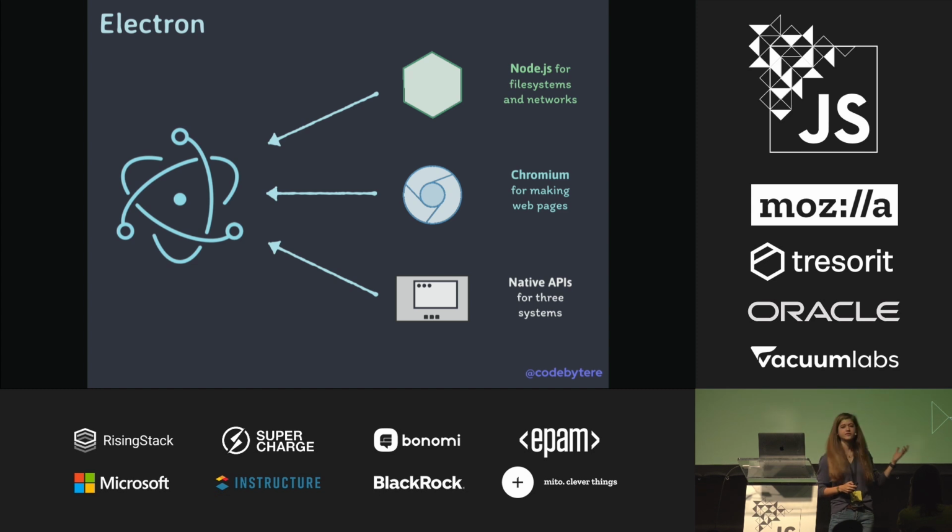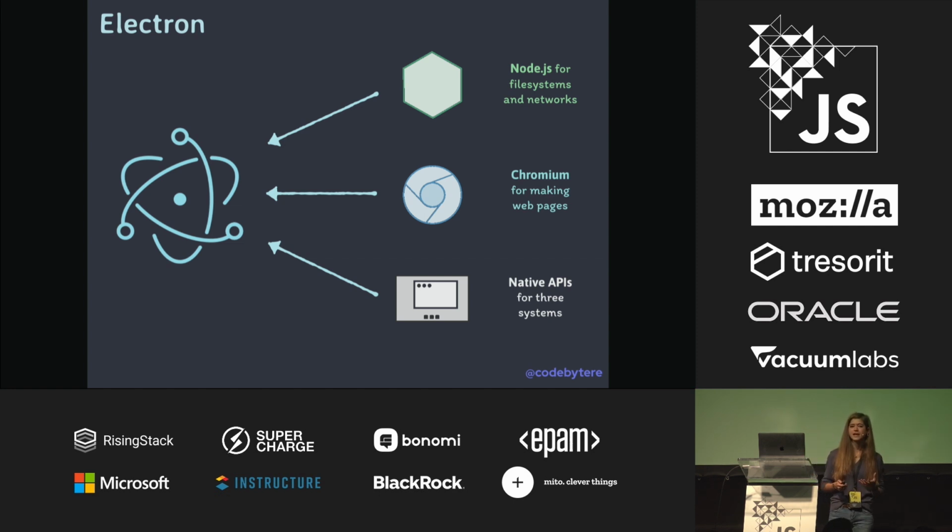Now, some of you might be familiar with Electron, but before we really get to the good stuff, I'm going to do a brief overview just to make sure that we all have the same base understanding of what it is. Electron is a JavaScript framework that allows you to write desktop applications with web technologies like JavaScript, HTML, and CSS. It can be used on Windows, Mac, and Linux, as well as a variety of other architectures and platforms, like Windows on ARM and even Raspberry Pi.